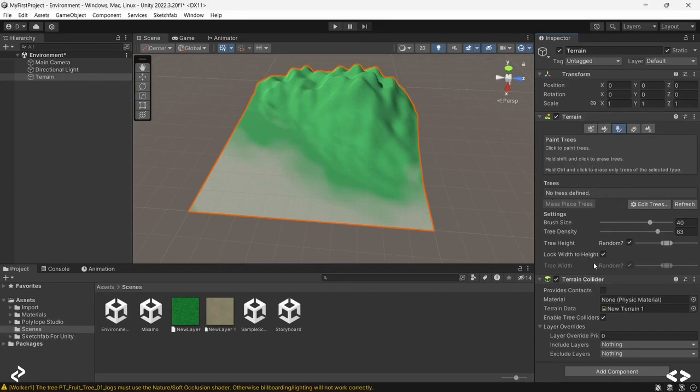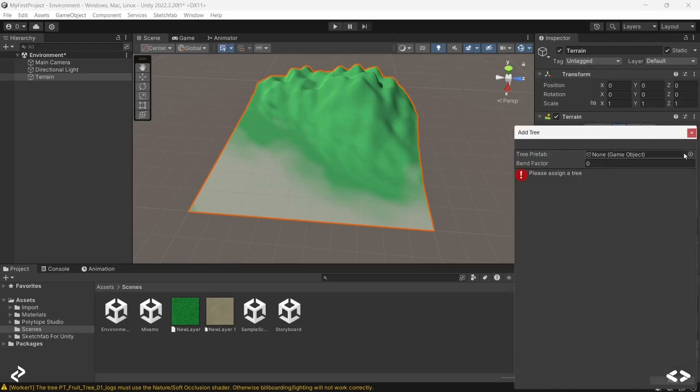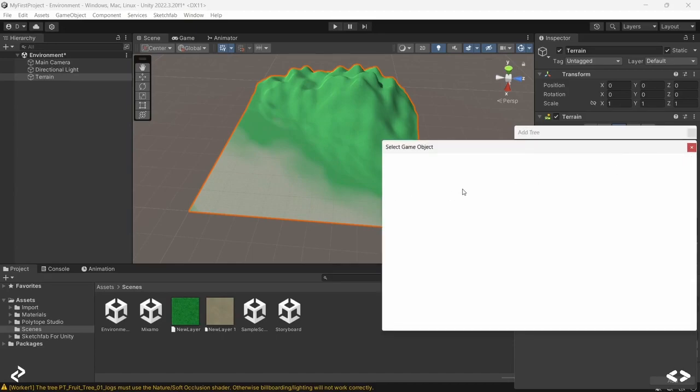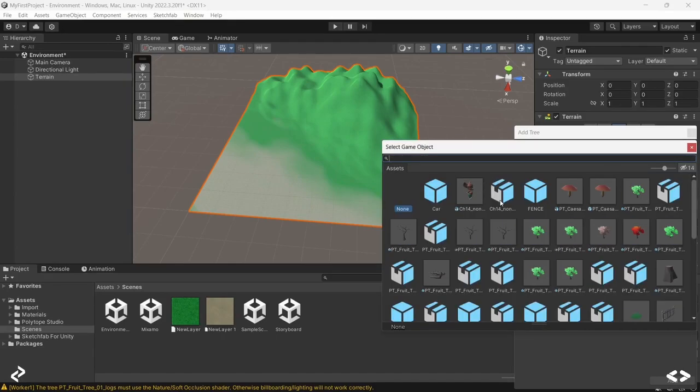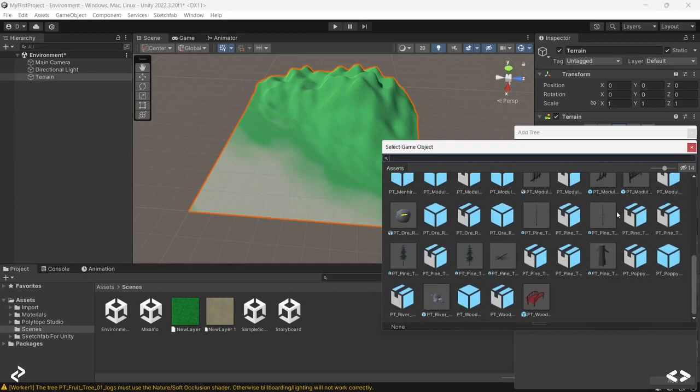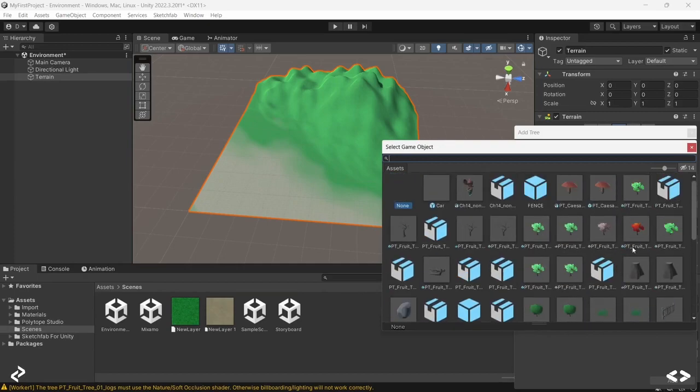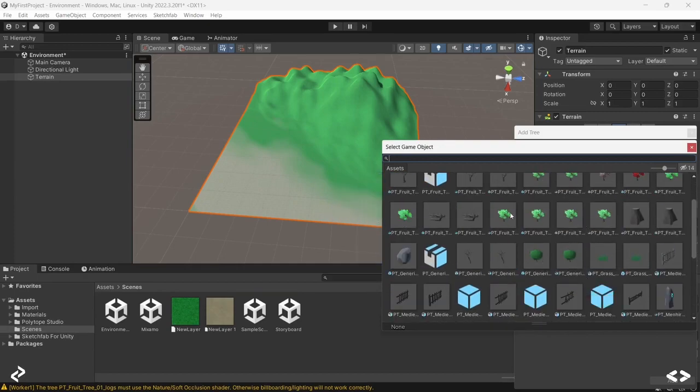So now let's say I just want to add a tree. All the assets that we are using right now are what I imported in one of the initial videos. The trees were a part of that package. So what I'm going to do now is click on edit trees and add tree, and then click on the tree prefab. And as you can see, we have a lot of options. Let's just say I want to use this tree